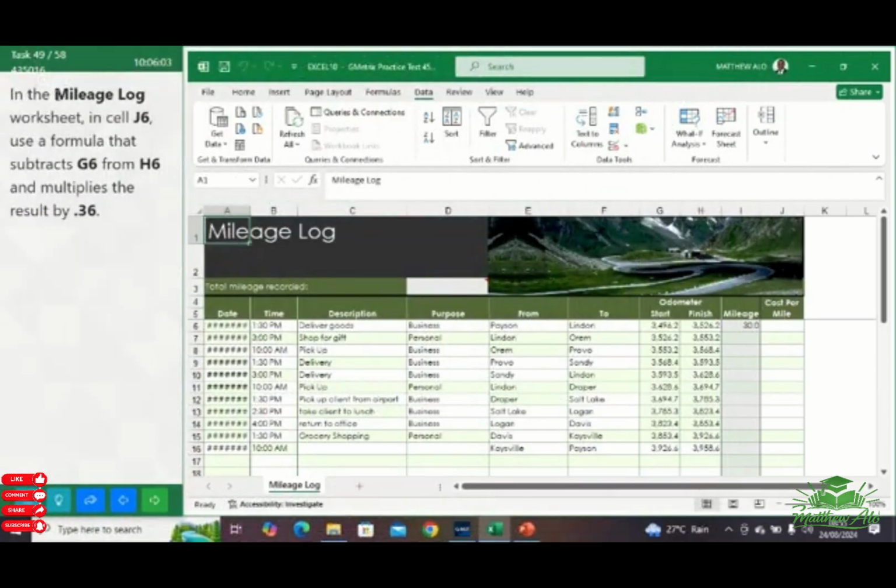Task 49. In the mileage log worksheet in cell J6, use a formula that subtracts G6 from H6 and multiplies the result by 0.36. Okay, now to do this, just go to the mileage worksheet, then in cell J6,